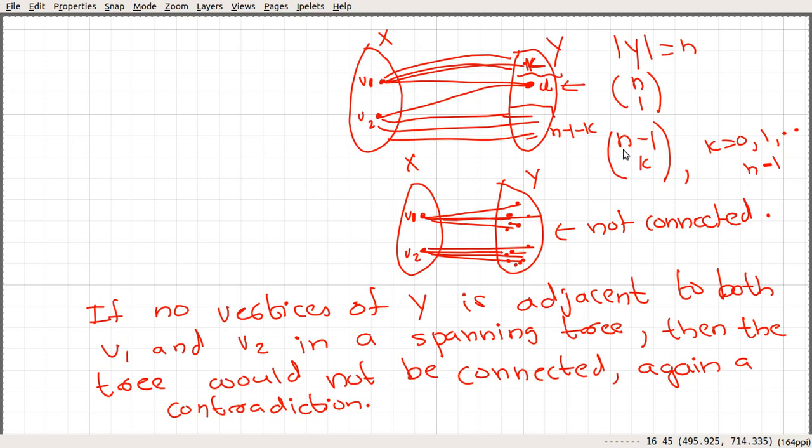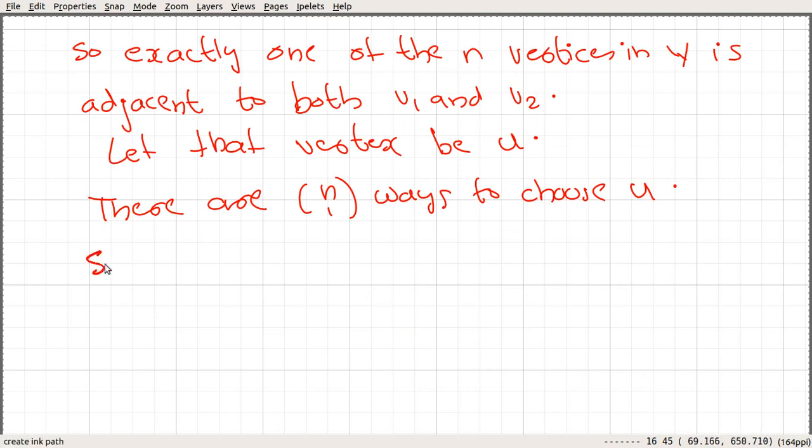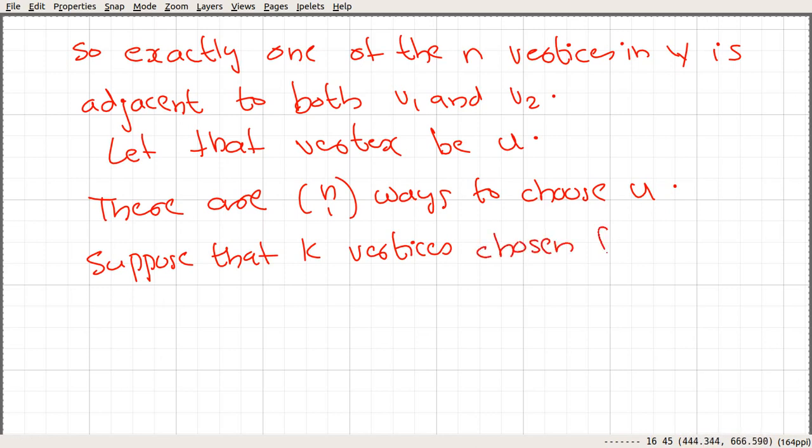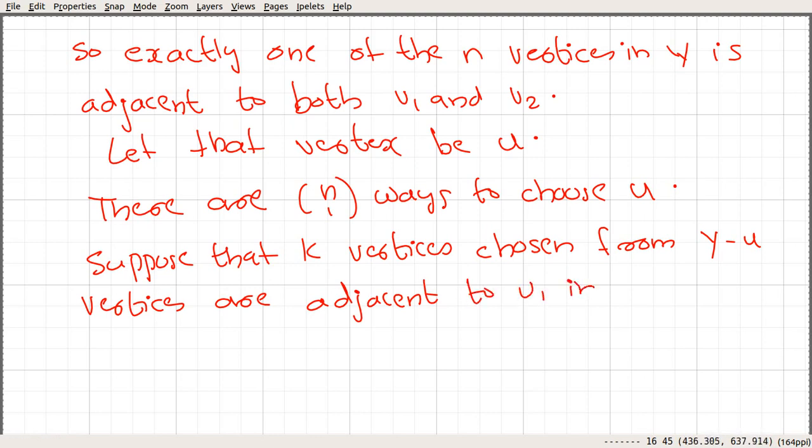Suppose that k vertices chosen from the remaining Y minus U, which contains n minus 1 elements, are adjacent to V1 in a spanning tree.